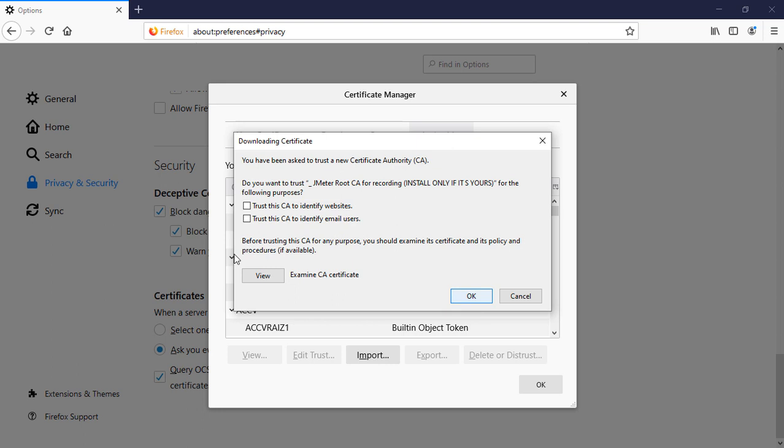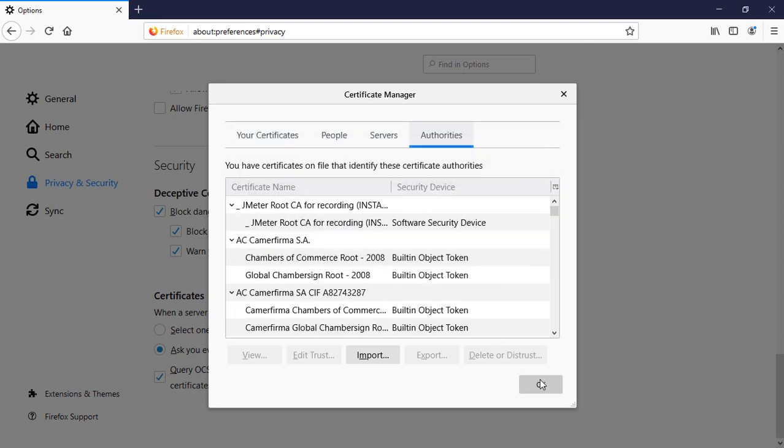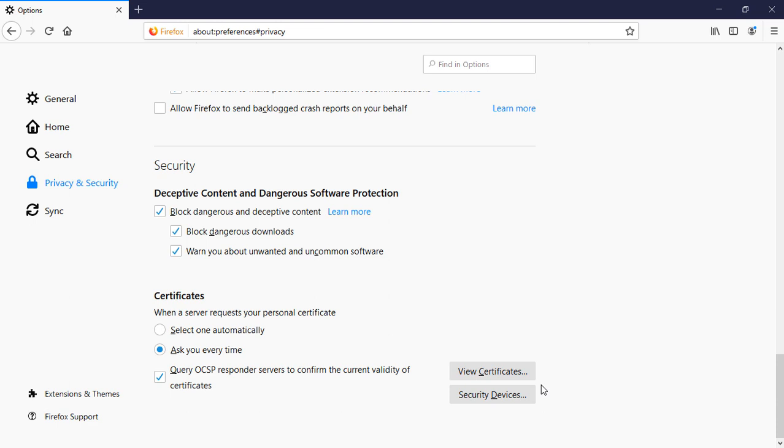Just open this, trust this CA, and click on OK, and in the end you're done. What this would do is allow you to open HTTPS websites as well. Now over here I would be opening a website, for example google.com,